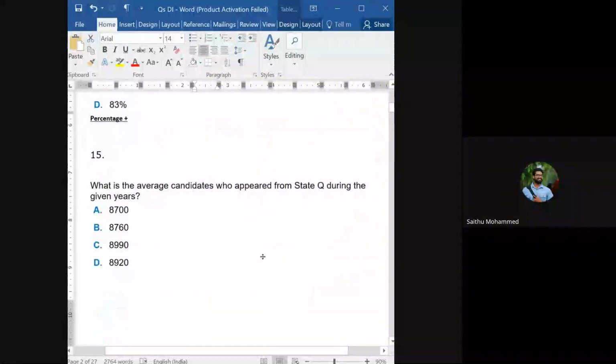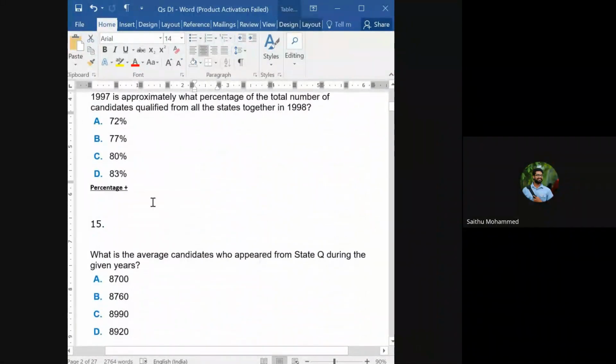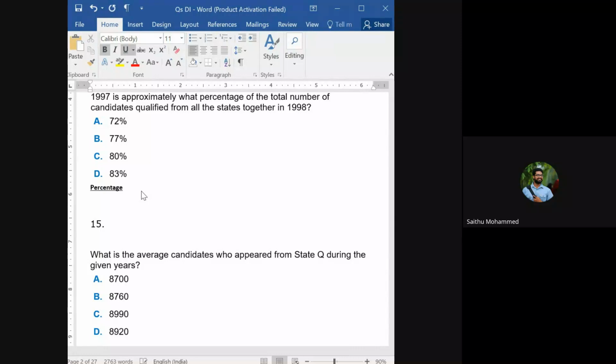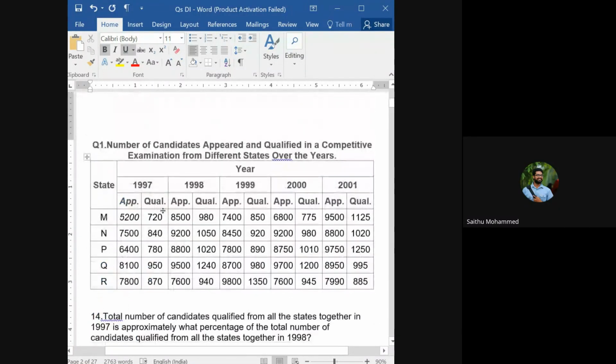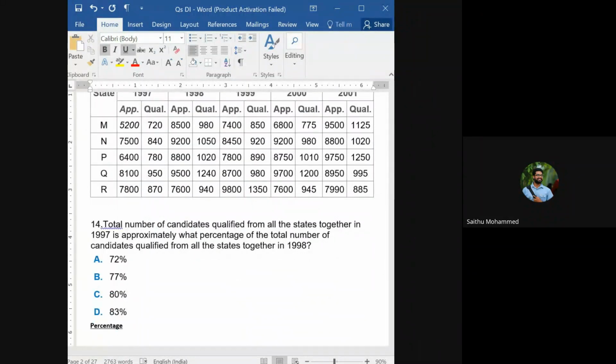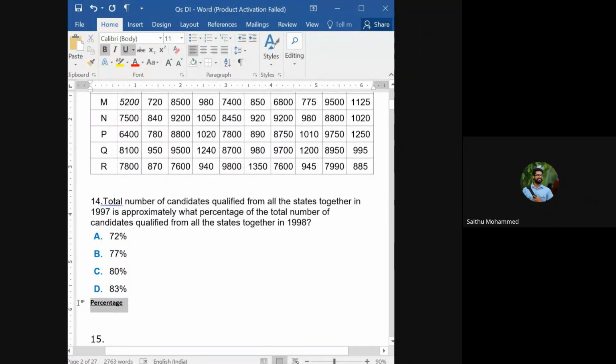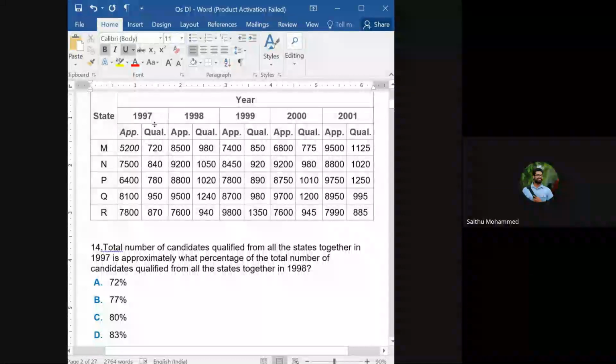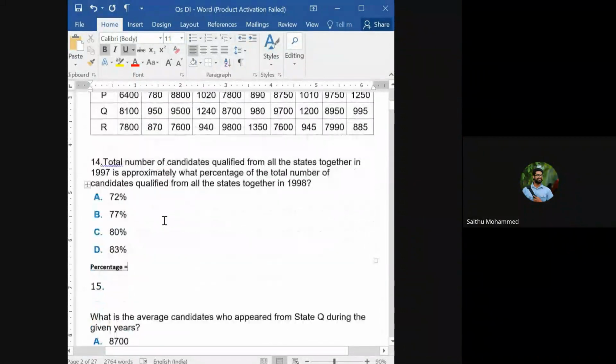To find the percentage, we just need to add up all the total number of qualified candidates in 1997 and 1998, and then we will be getting the total for both the years. Then we just need to multiply it by 100. That means, for example, if total all the qualified candidates here, we will be getting